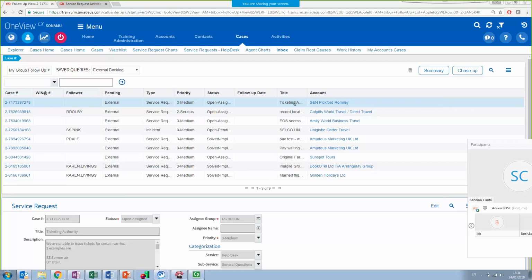Okay. So meaning that then the case was pending customer and external at the same time, right? Yes, definitely. But so you mean the status in the pending my group follow-up?